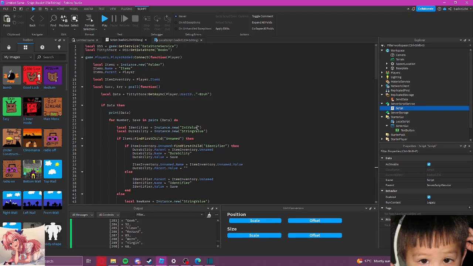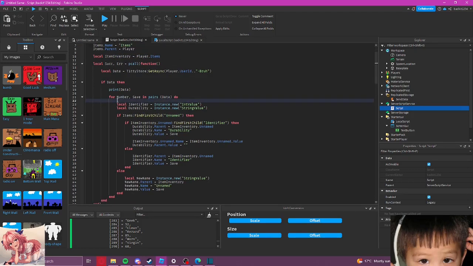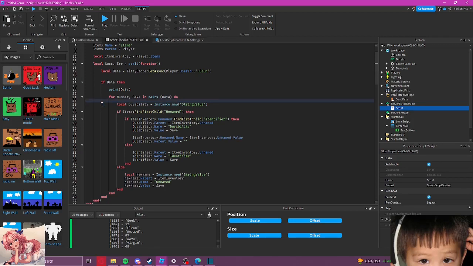So, yeah, up here I made it so that we created a new local, which is just player.items. So whenever you see something like item inventory, what it really just means is player.items. So here's how it works. It goes into the save data or whatever, right? We can pretty much just do this if we really wanted to. We can just copy and paste them down there exactly like we did before.